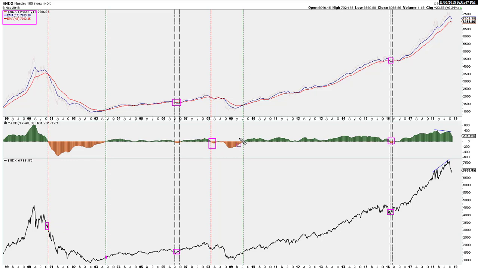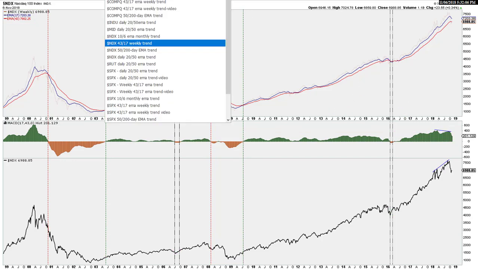But there it is, sell, get out. That was the bear market from 2007 to 2009, and it told you you were in a bear market. No ambiguity there either. And then it was bullish with one whipsaw signal throughout this entire bull market, and still is. Again, this is a weekly trend indicator, and you can see the same thing if we go to the